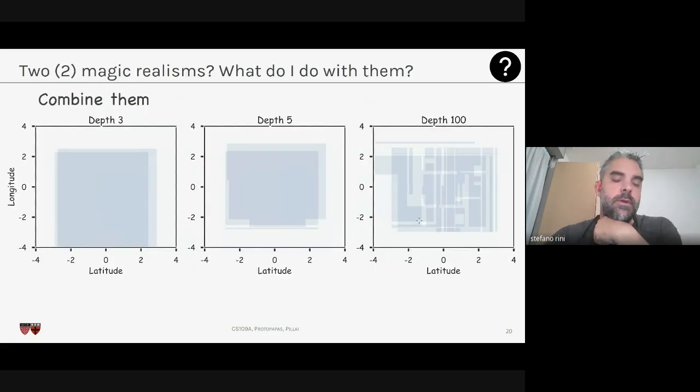And so what we do is that we can try to combine the predictions of the different models that we obtain through bootstrapping. Okay, so now you see here that we have a shaded region for each of the 2 models. And of course, when the shaded regions superpose each other, then you have a darker shade. So for the shallow tree, you have very much superposition between the regions, so there is a lot of darkness. Depth 100, there is very little superposition between the decision regions, and depth 5, we have something reasonable.